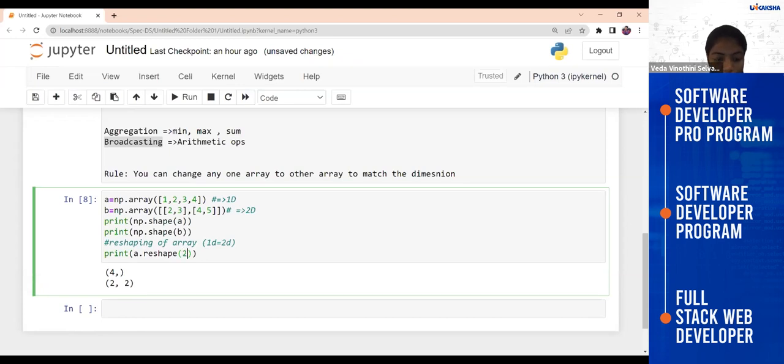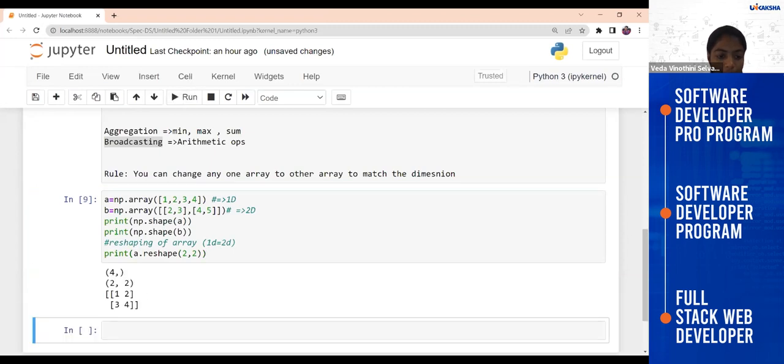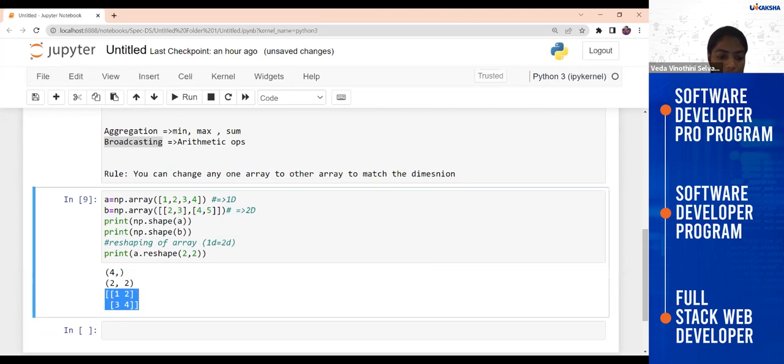You are going to change it to 2 dimensions, 2 comma 2. If you do that, it will print the value. See, finally this a is converted to 1 2 and 3 4. So it is converted into this particular form here.